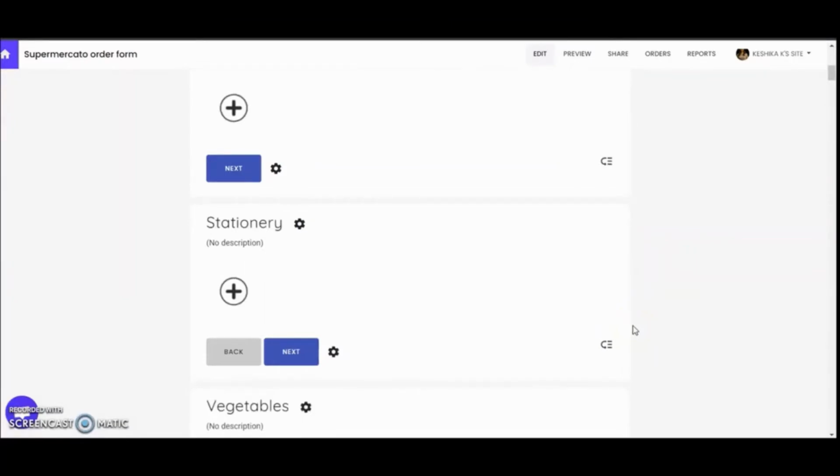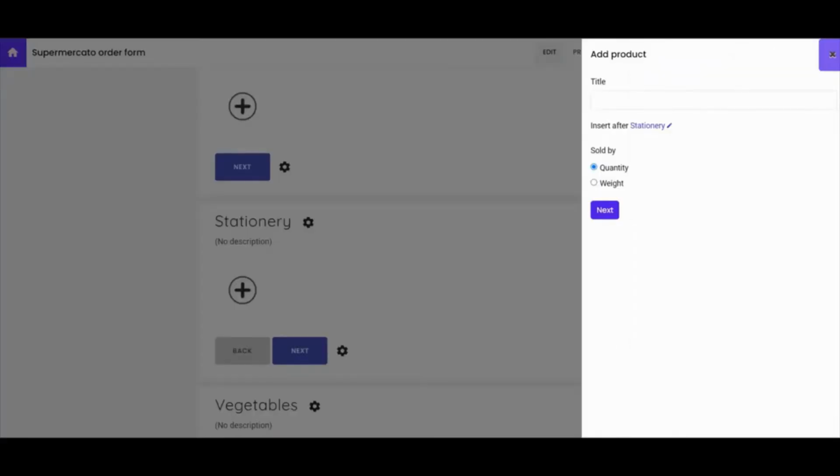When you add, make sure that you name the product properly, add appropriate prices, and upload an image of the real product. Here you can add a product sold by quantity or by weight. For example, you may be selling a pack of color pencils by quantity. This order form lets you sell both types of products. For more specific videos on how to add products sold by weight, please check the video description below.